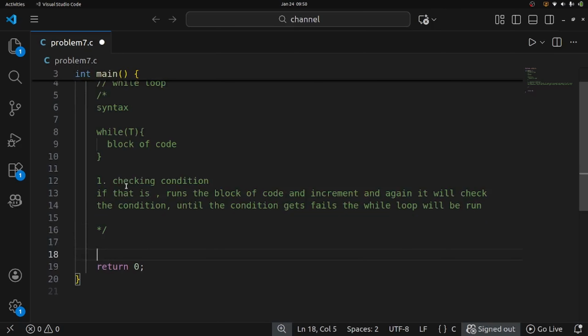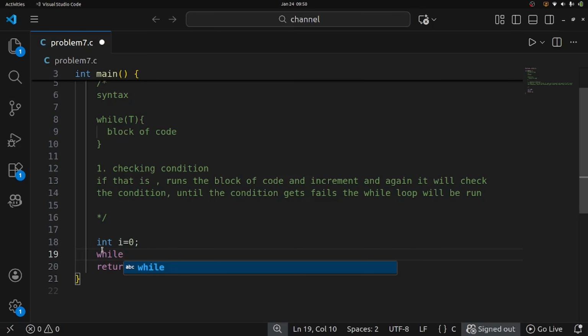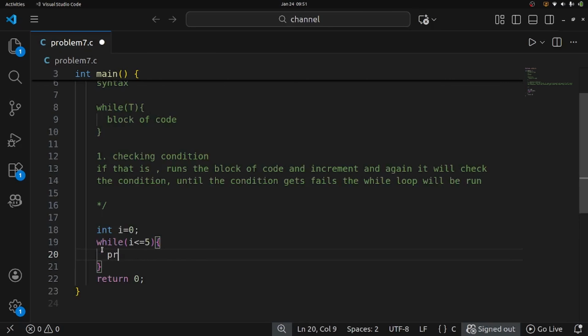I am taking one variable, int n equal to 5, or maybe we don't need this variable. First, we need to give one condition in while loop, right? So first I am initializing one variable, i, with 0, and I am writing here while i less than or equal to 5, it should stop the loop, right? So inside it I am going to print the i,